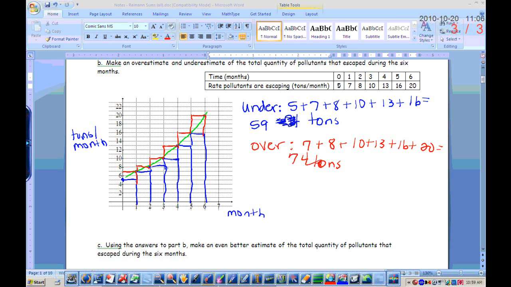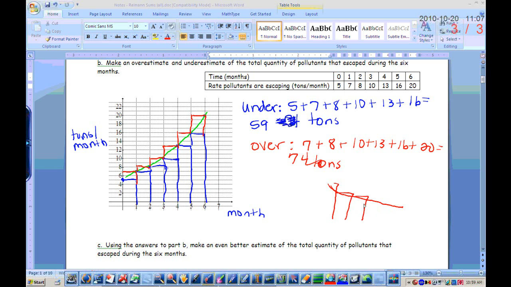Yes, you can definitely use a Riemann sum on a decreasing graph also. So if the graph was decreasing and you wanted to make an underestimate, do you think you would leave off the first one or the last one? The last one. Good. If your graph is decreasing, then your overestimates